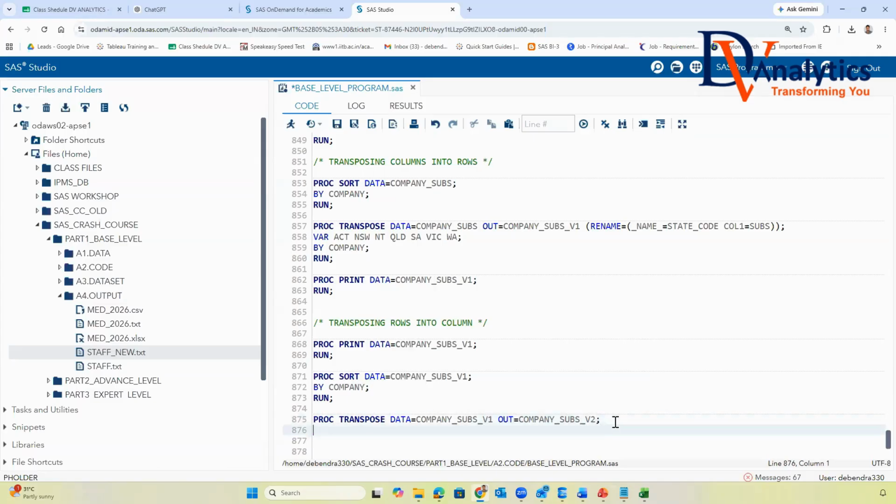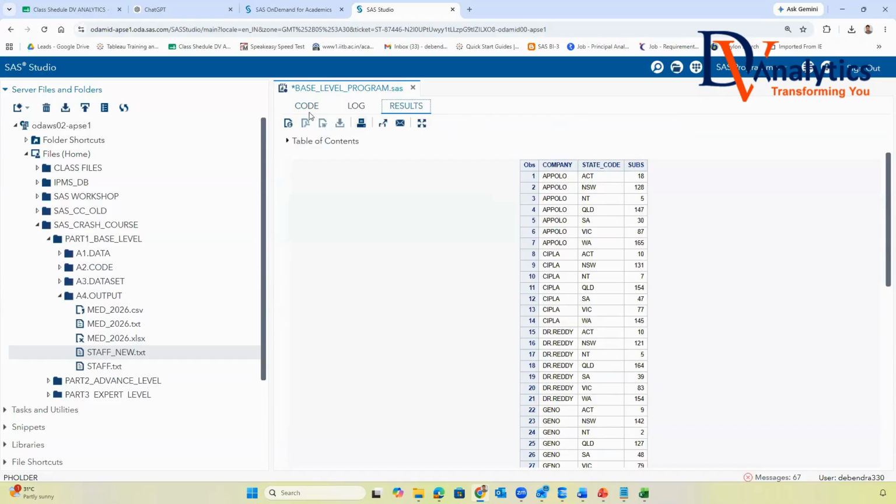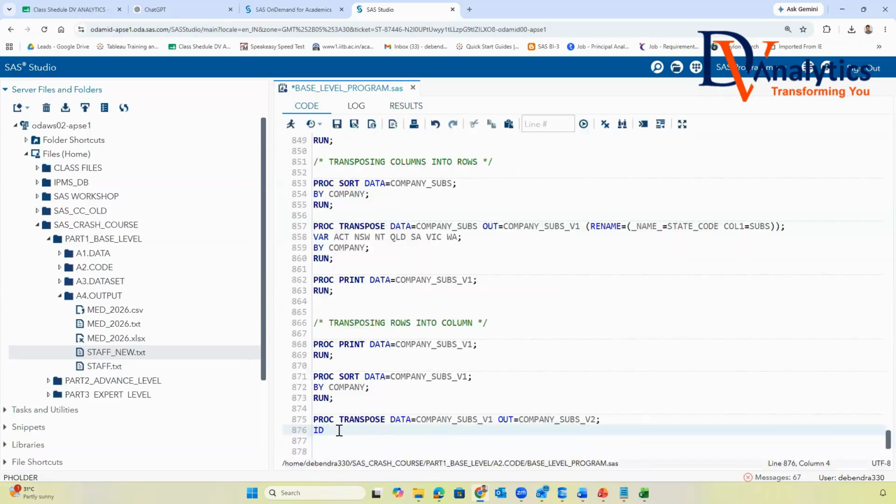What you'll do here is an ID statement, because you want to convert rows to columns in this table, and you want to convert state code. So you write here ID equal to state underscore code.